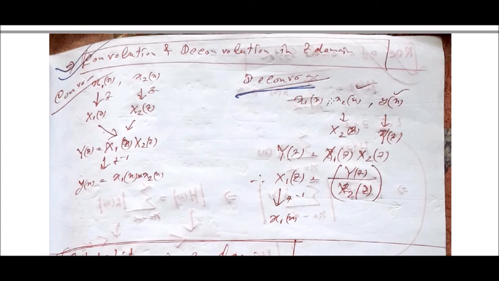Convolution of these two is nothing but multiplication in the z domain, so it is known to you. Now from that, if you want to find X1(z), it is nothing but Y(z) divided by X2(z), which is already known to you because these two are given and you have already obtained the z transformation of the individual signals. Just put them here, and you will obtain X1(z). After that, do the inverse z transform and you will get x1(n). It is called deconvolution. That means finding any of the convolution components if the convolution is given and the other signal is given. Okay, so it is called deconvolution.